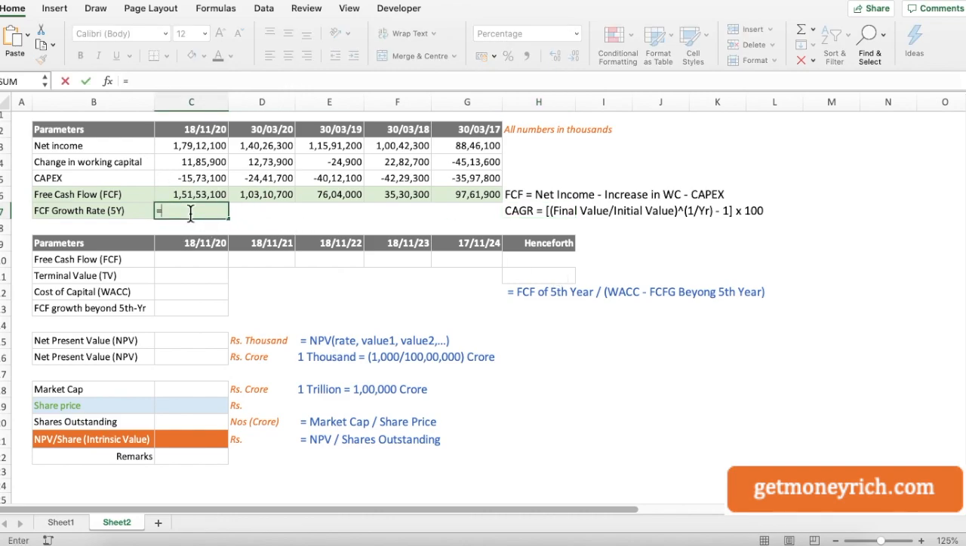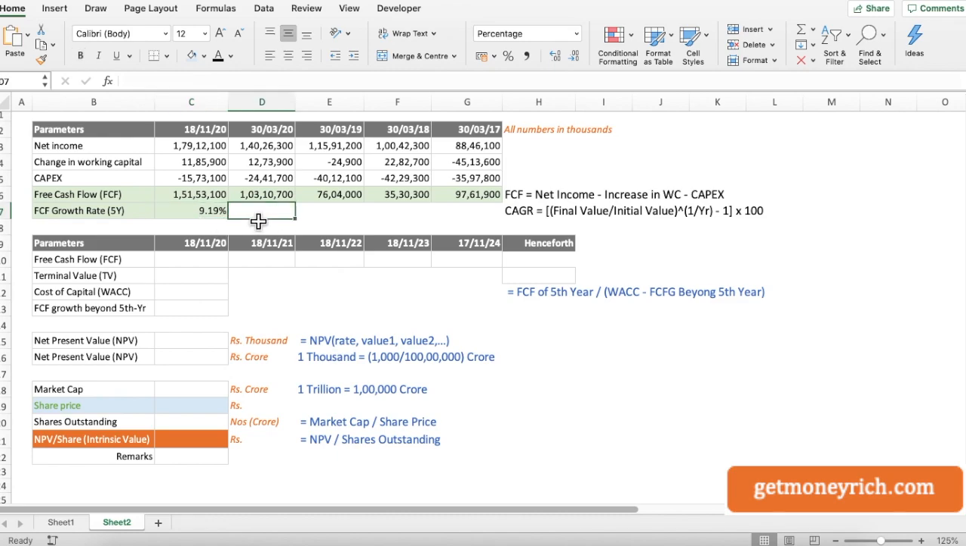The CAGR formula says, let's use this: the final value divided by the initial value, bracket close, to the power 1 divided by the number of years, from initial year to final year, how many years have passed. 5 years have passed, so 5 will come here, minus 1, enter. So it means that the free cash flow has grown from 2017 to 2020 at a rate of 9.19%